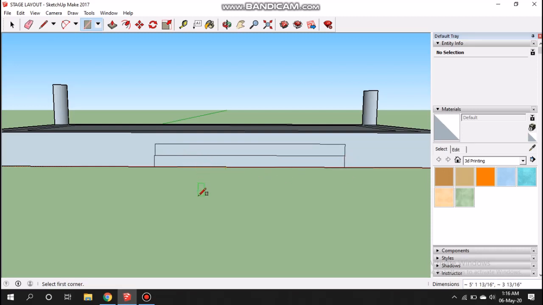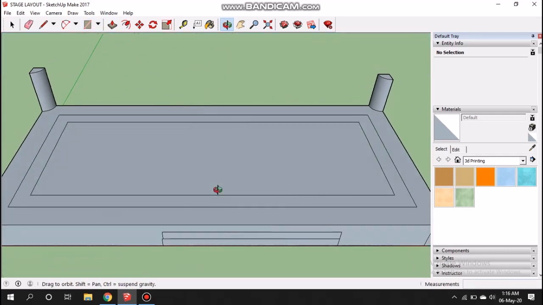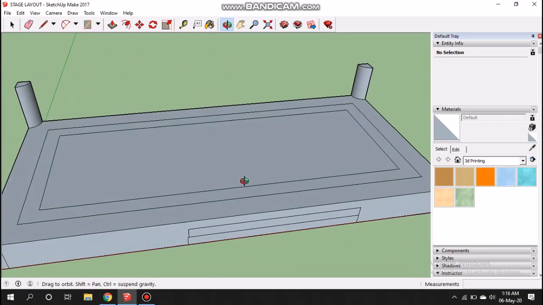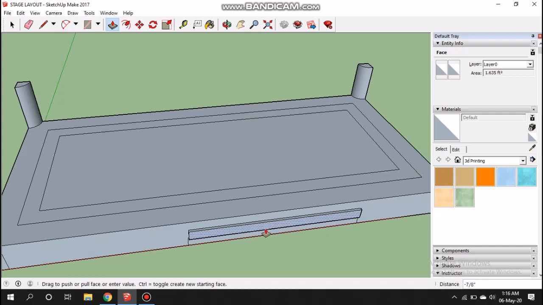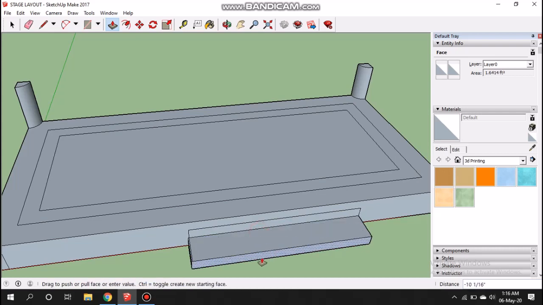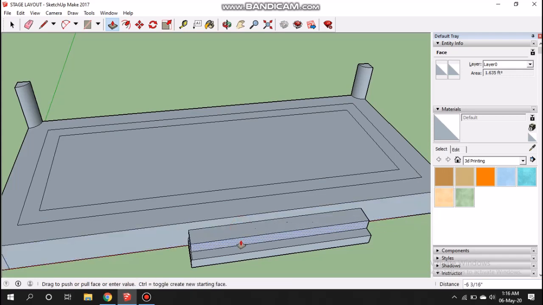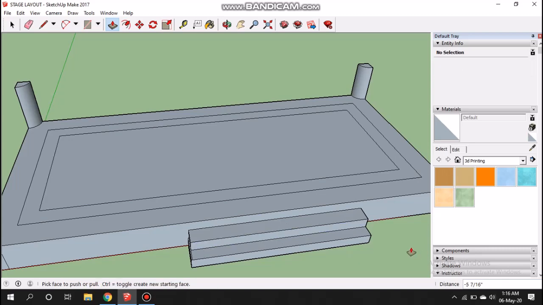Okay, and from the push and pull tool, choose the push and pull tool to extend the first, lower stair, and then this one.